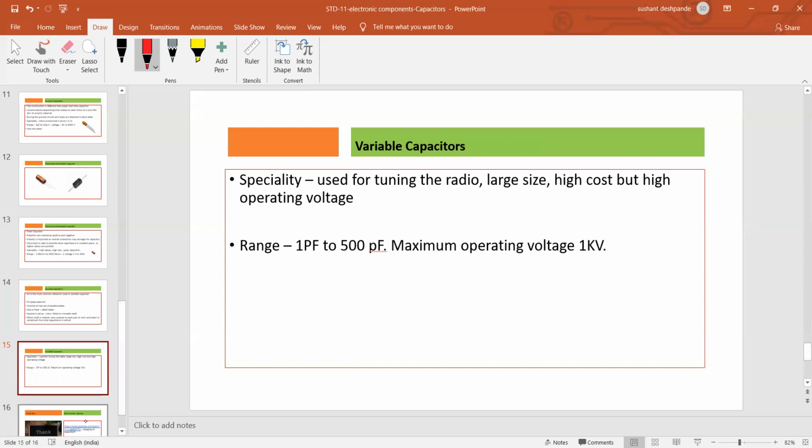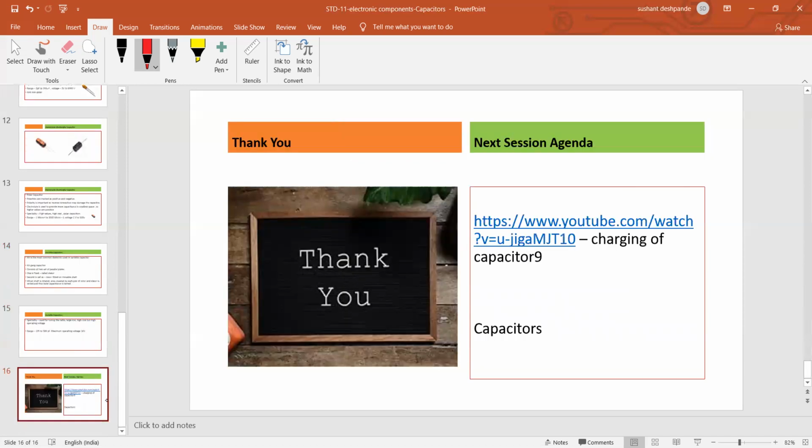So these are the different types of capacitors. And for your unit test, the topics we are covering are first two passive components, resistors and capacitors. How the capacitor gets charged? For that, please refer to this particular video on YouTube. It's from Khan Academy and they have explained it very well, so I am not explaining it again. Just go through this video. You will understand how the capacitor gets charged.